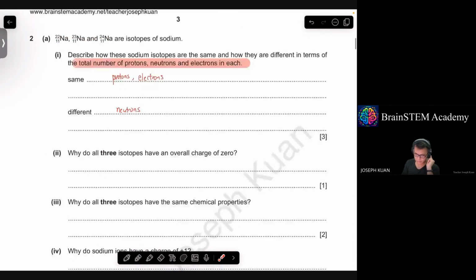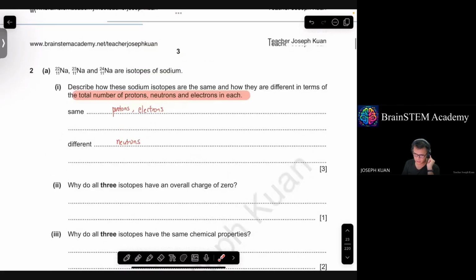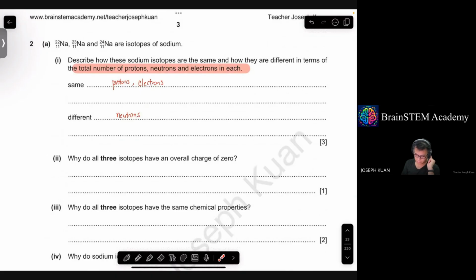So moving on to the next question. Why do all 3 isotopes have an overall charge of 0? So that will be due to the number of protons being equal to the number of electrons. Moving on to